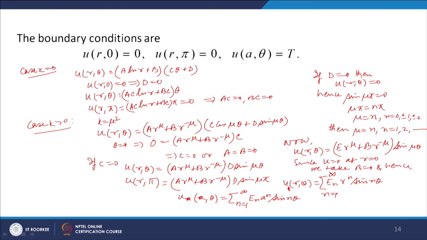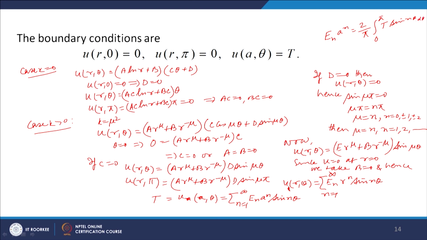Now, u(a, θ) is equal to t. Okay. This is the half range Fourier sine series. So, E_n a^n can now be determined. This is 2 over pi, integral from 0 to pi, t sin nθ